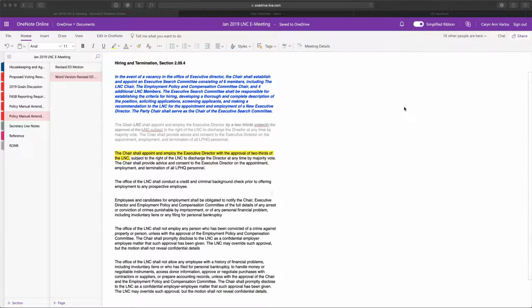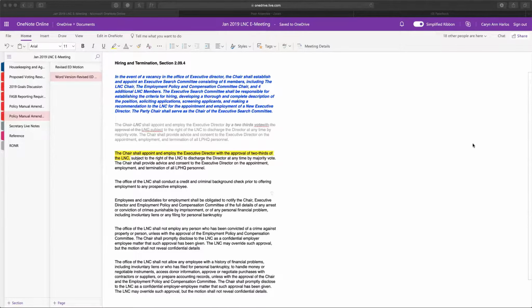I'm going to vote against this change. The chair has already indicated he intends to work with the EPCC. So we already have a committee of 3 working with the chair to interview and pick a qualified candidate. We appointed people to the EPCC because of their experience in the subject matter. And what this would do is say, well, we're only going to use one of those 3 people and instead